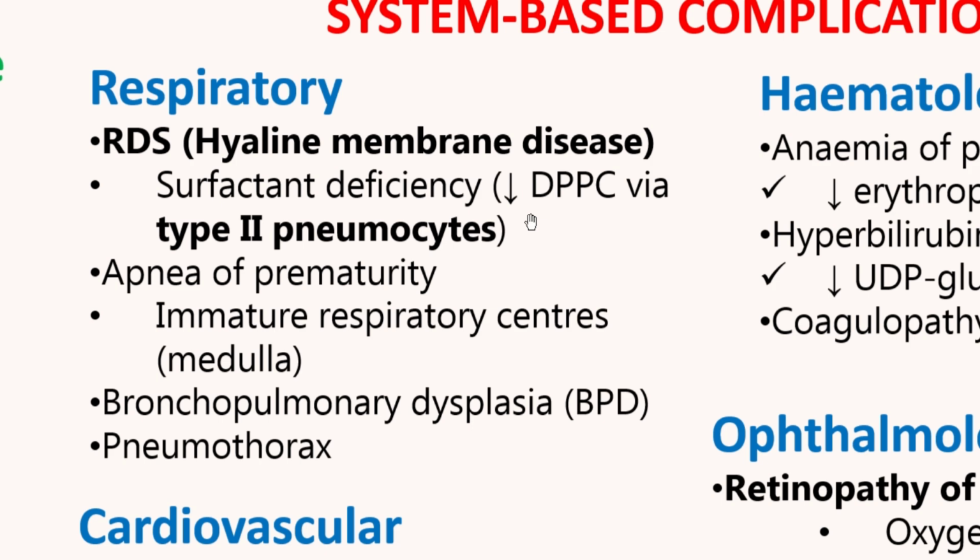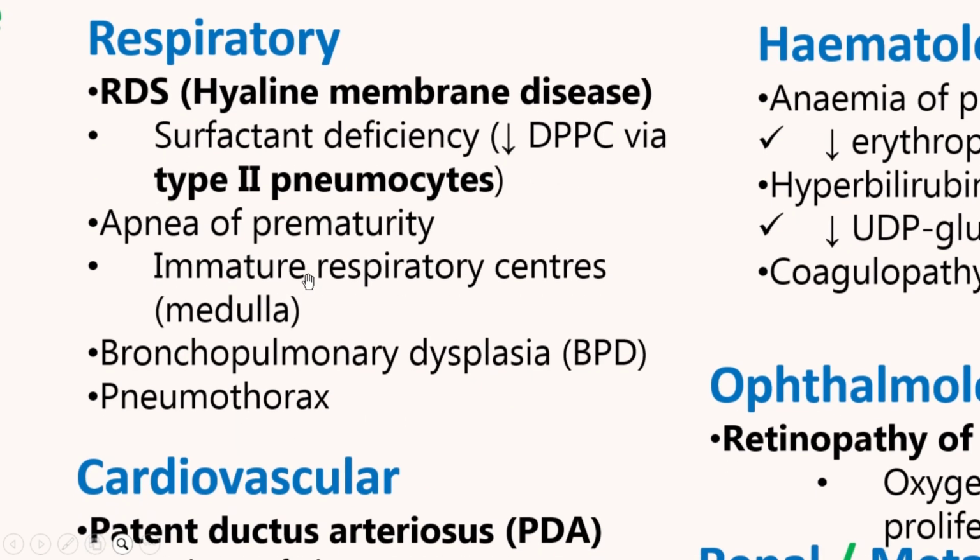We have the apnea of prematurity, and this is because the respiratory centers that are found in the medulla take a bit longer to mature. And in the preterm, it's very severe. The baby does not need to breathe at that age. The body is expecting that baby is still depending on extracted blood from the mother. But this is the baby who is outside, so they're going to have episodes of apnea where they're not going to breathe. And sometimes we go ahead and stimulate them with stimulants like caffeine citrate and things like that.